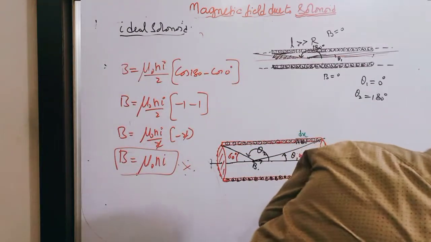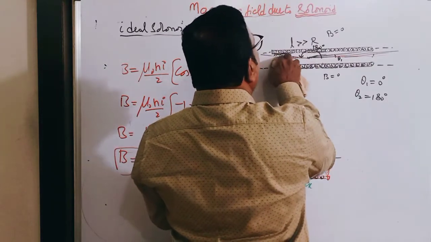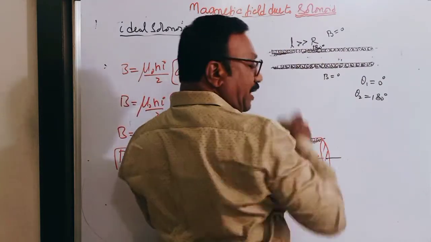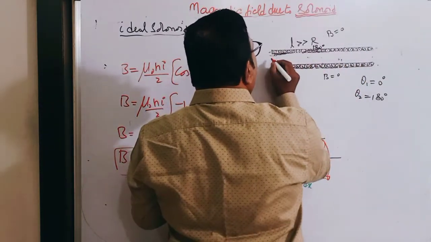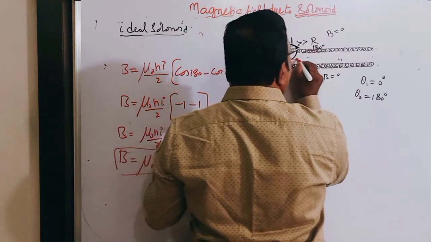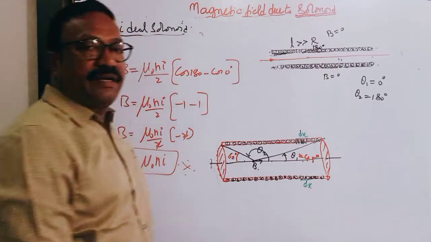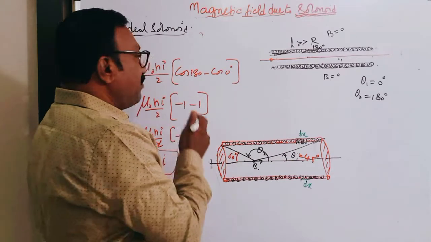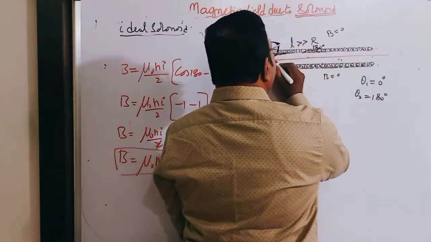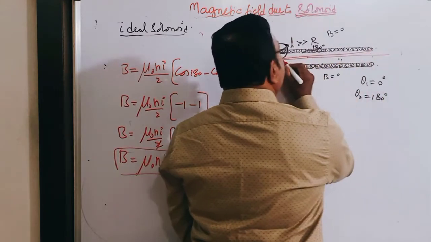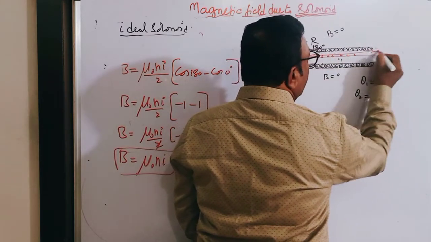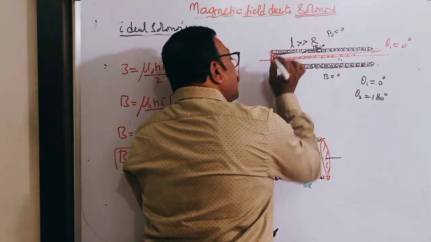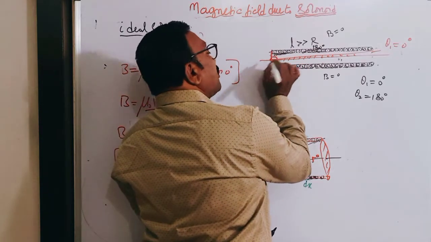But here one more point is there to discuss. If you come to the edge of this solenoid, what happens? You want to calculate the magnetic field at the edge of the solenoid. If I am taking it at the edge, this is the axis, so here I want to calculate the magnetic field. Then I have to calculate theta 1 and theta 2 and substitute in that formula. So let us calculate first. Join a line to one end. This is becoming closer to 0. Join a line to the other end. I joined, and this angle is called theta 2.